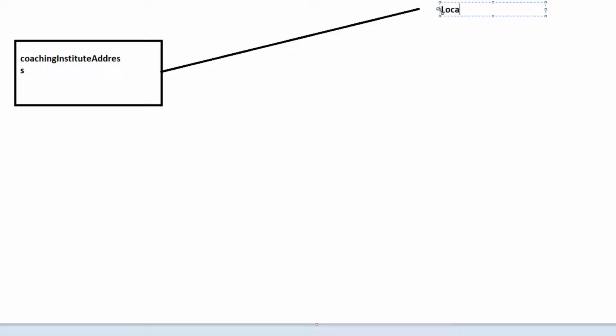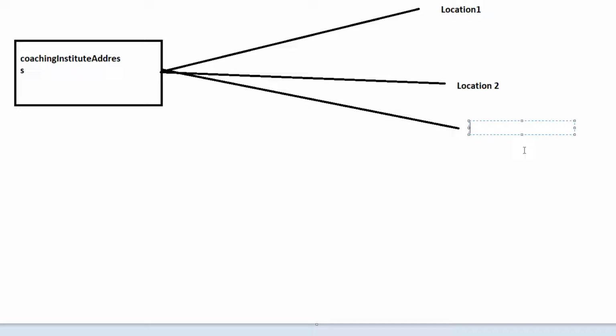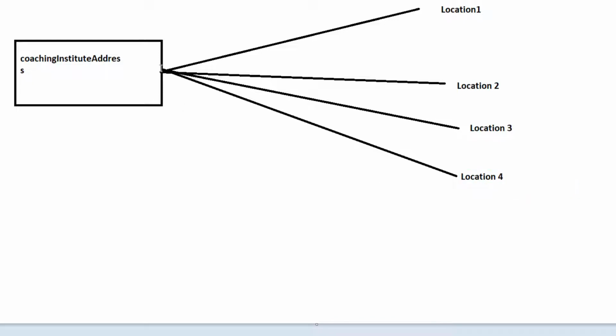I will give the location name as location 1. So one-to-many will work when from one coaching institute address attribute I will try to access 5 different locations,